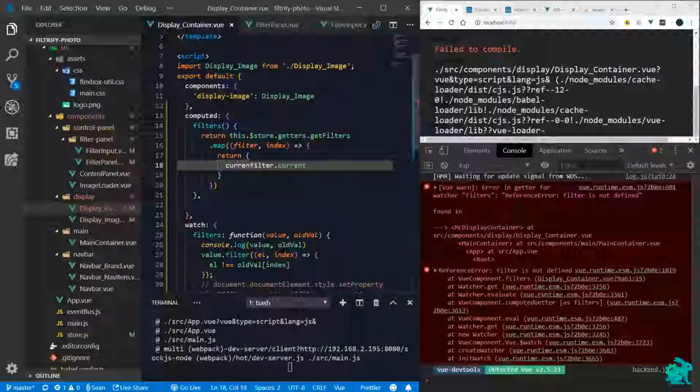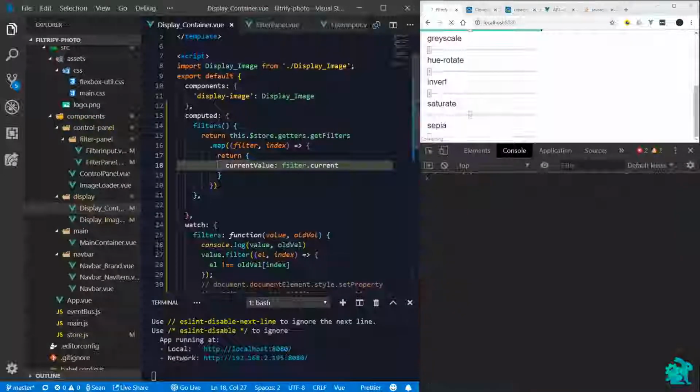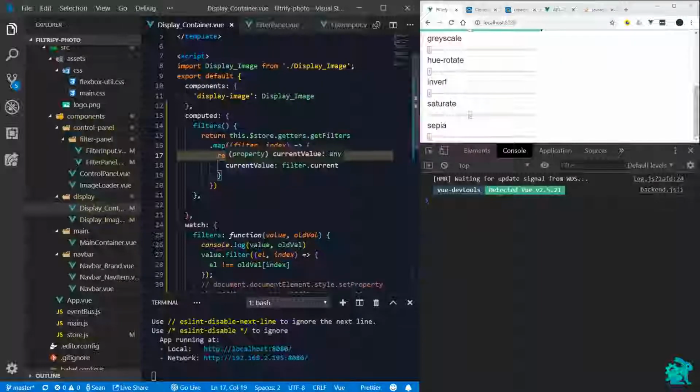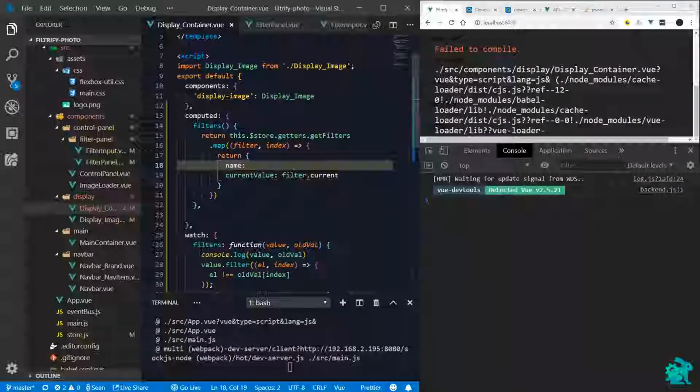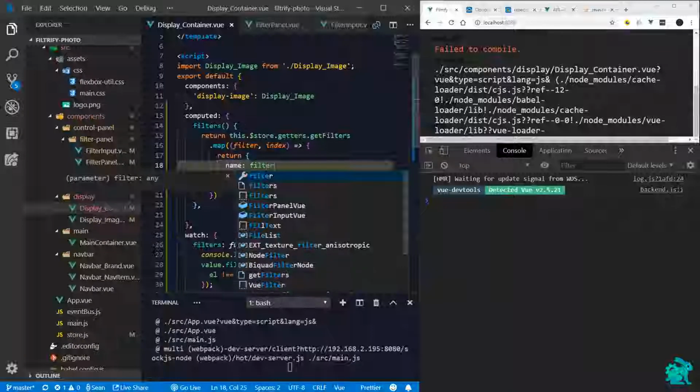So current value, name is filter dot name,